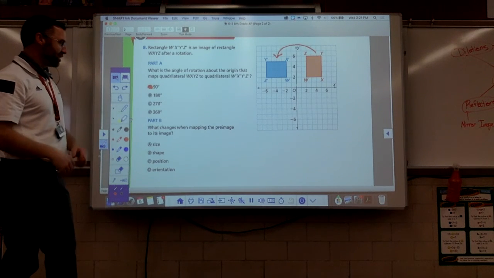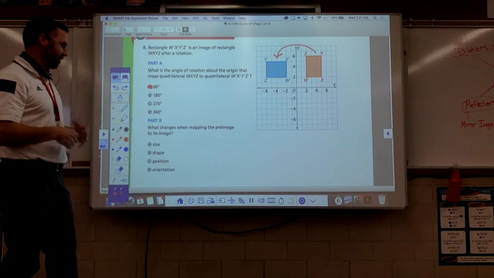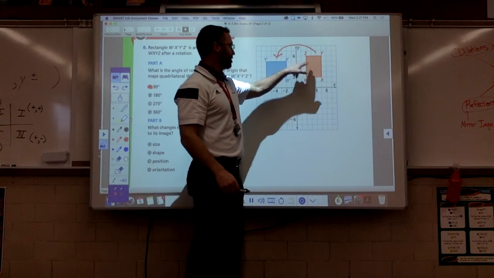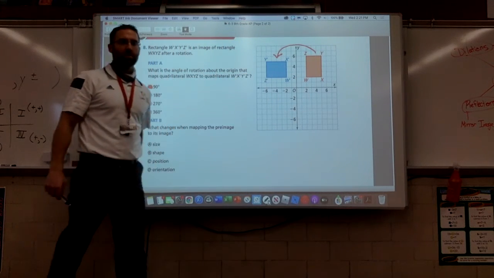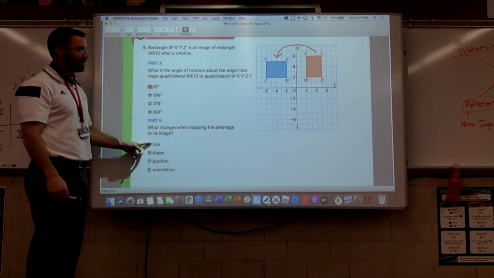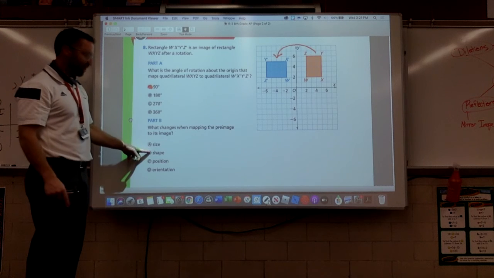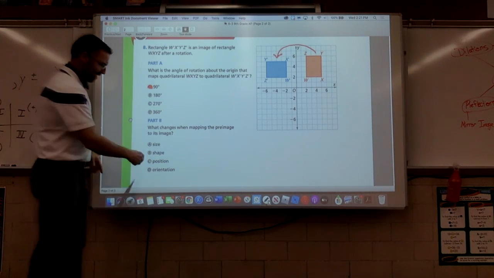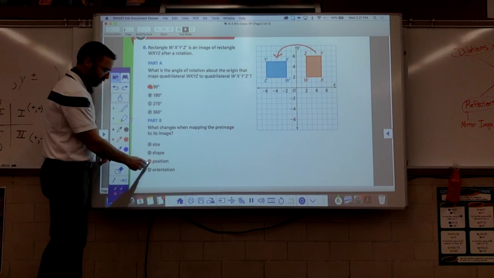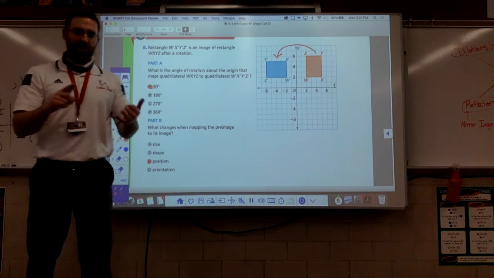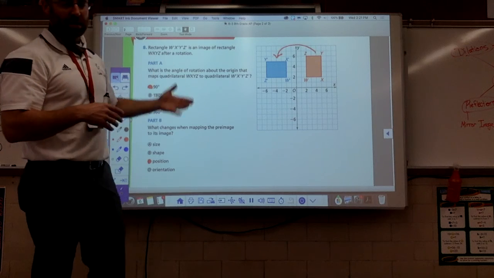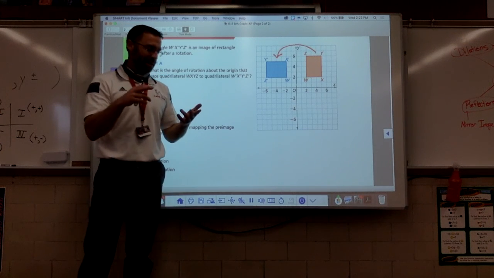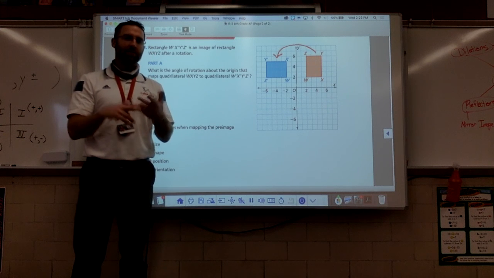Part B, what changes when mapping? What is the one thing that changes when mapping a pre-image to the image? Does the size change? No. Shape? No. Position? Is that in a new spot? Absolutely. The position changes. So there is your additional practice, page 33, 34 on rotations. Good luck on the Math Excel. Enjoy your